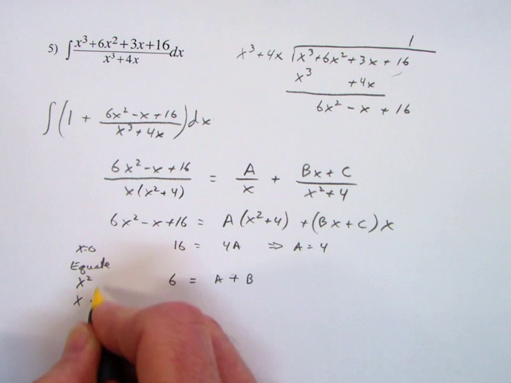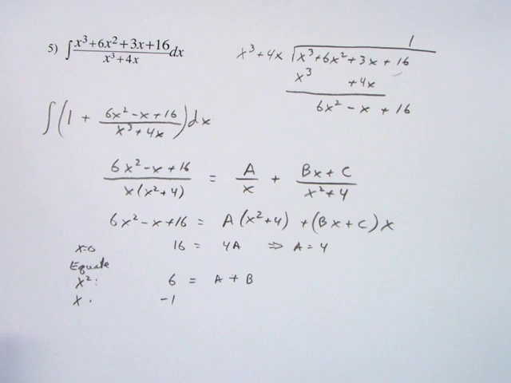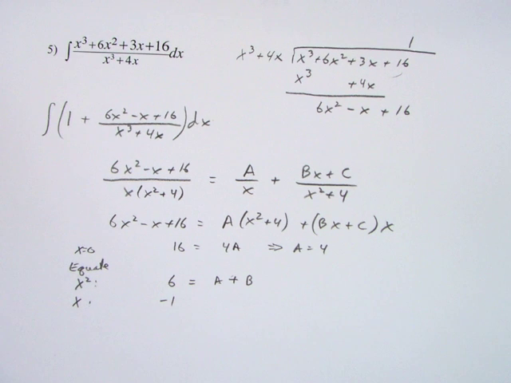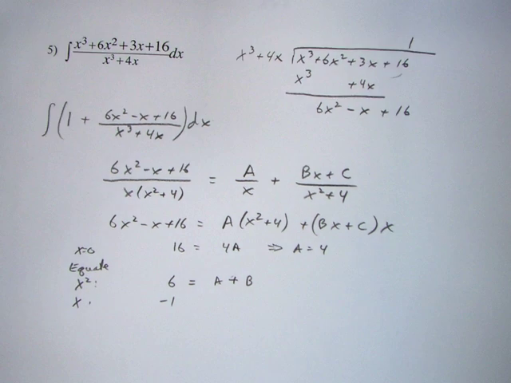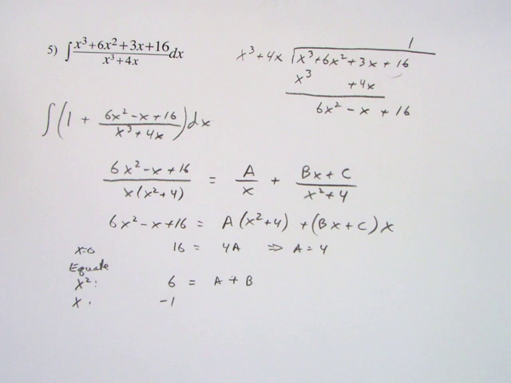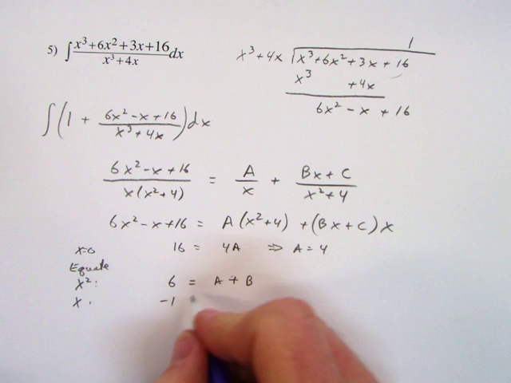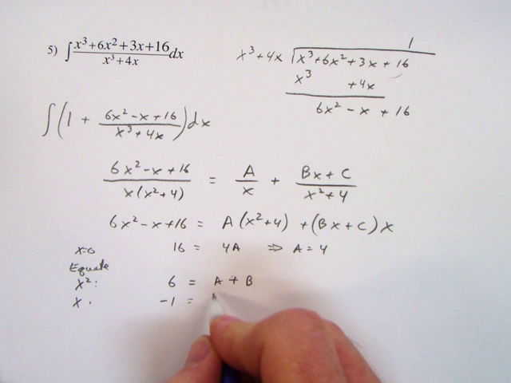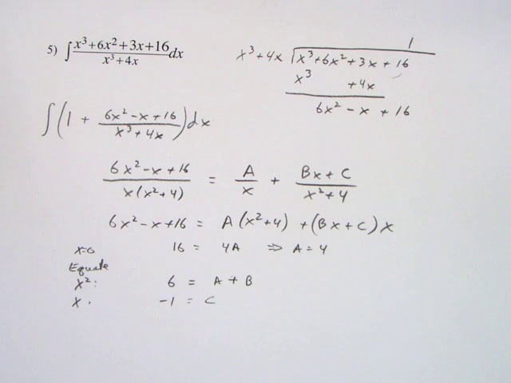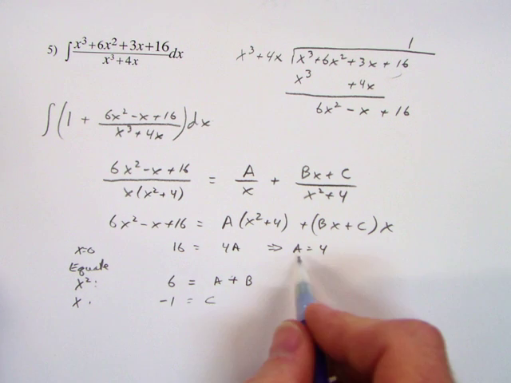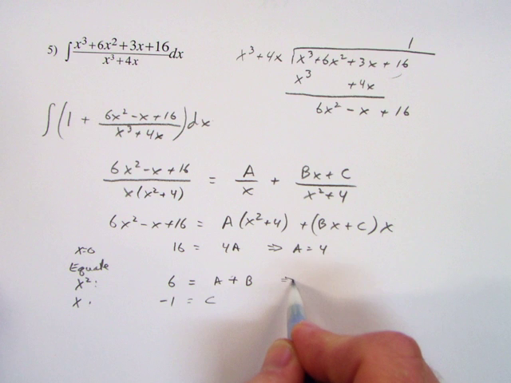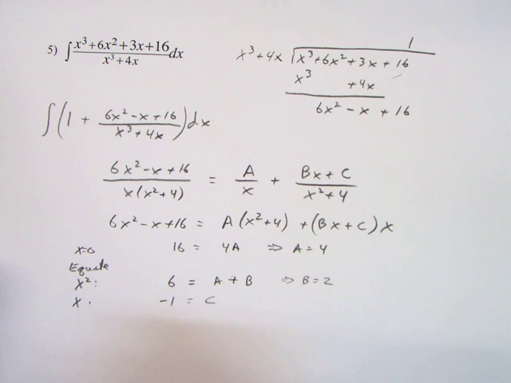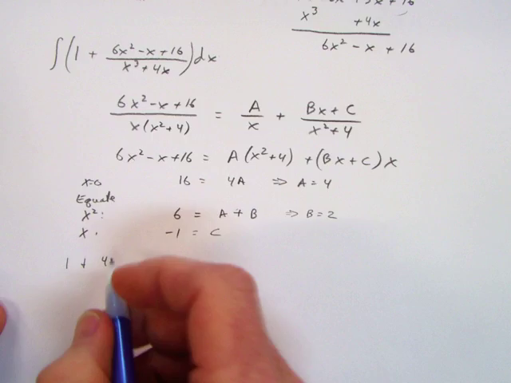What about the coefficient of x? On the left side it's -1. On the right side, the only place we're going to have an x is from x times C. So we have C equals -1. Oh, I forgot, since A equals 4, this tells us that B is 2. Now we have our problem, which will be 4 divided by x